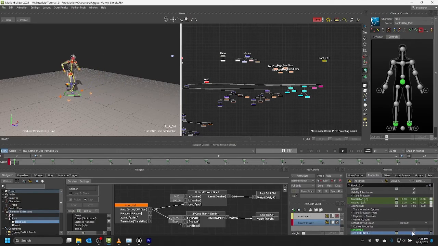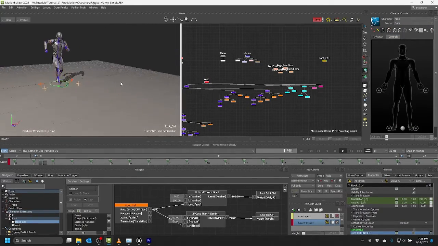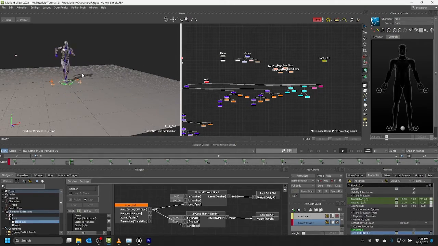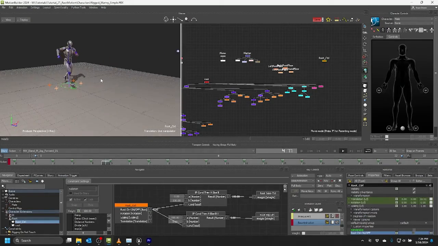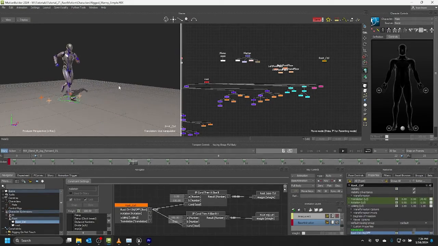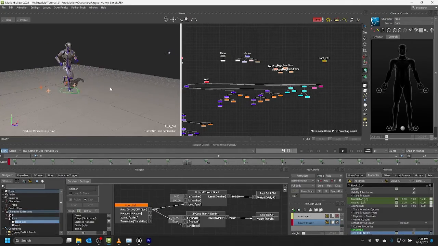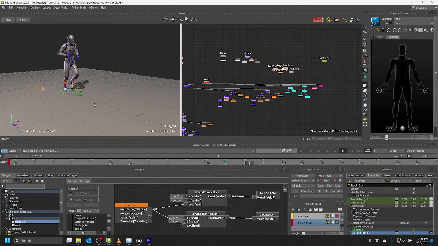So let me deactivate that and turn that on. I'm going to turn off my control rig. I can see here's my animation. Maybe this came from Unreal. Maybe you bought some assets online that already has the root animated. Maybe it came from Maya. Maybe you did some animation there. It doesn't matter where the animation comes from. Basically, you're pulling in animation that is not on the actual control. So then all you have to do is